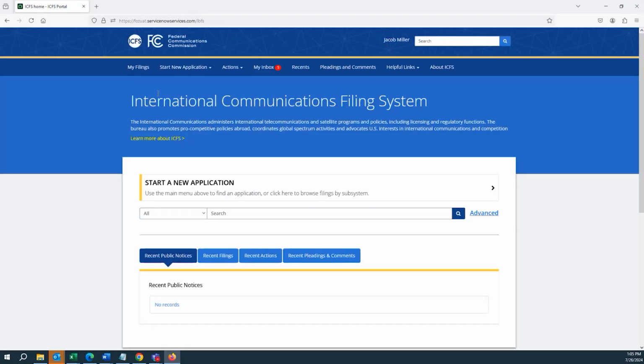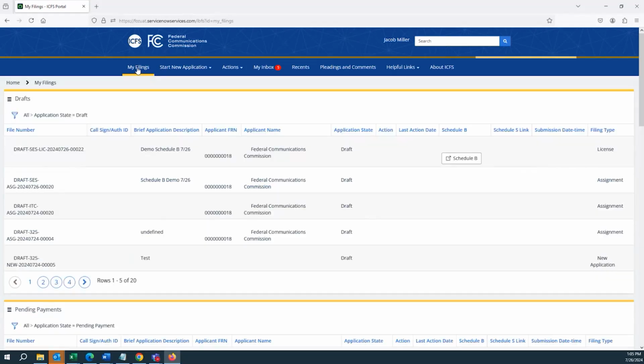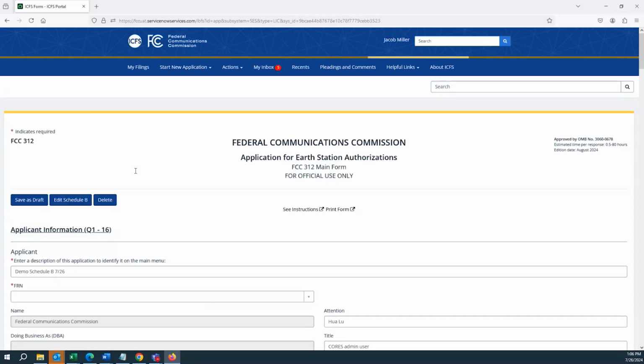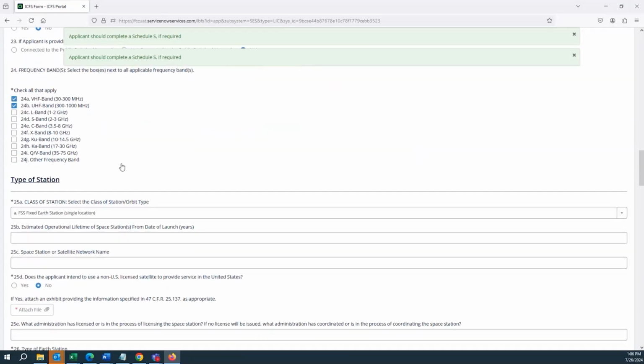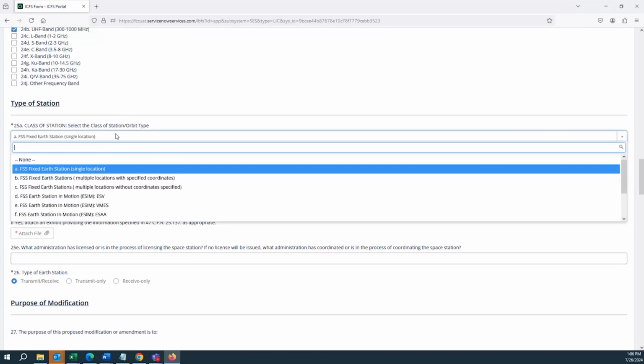All right, and for this, I'm going to go straight to the My Filings tab, and I have my satellite Earth station form already saved. I'm going to go into that, and I'm going to show you a couple of the fields that influence what appears on the Schedule B. Okay, so the first form field I'm going to show you is this class of station field.